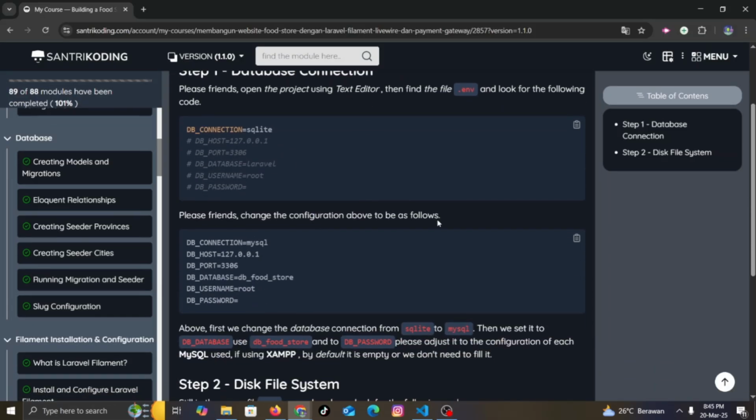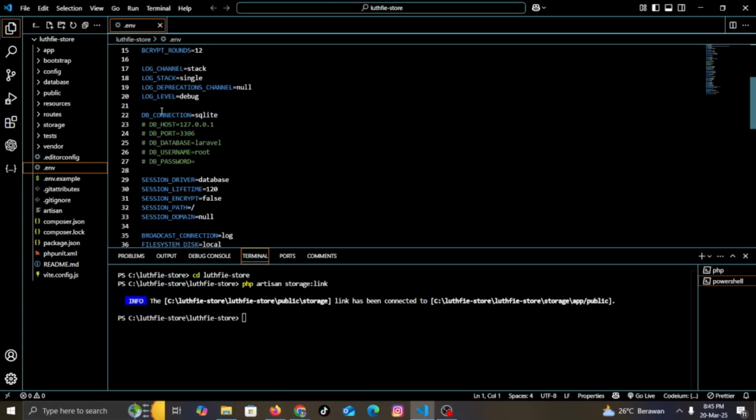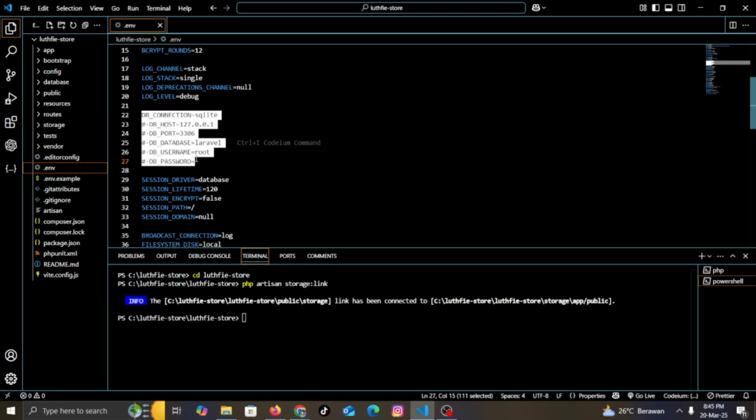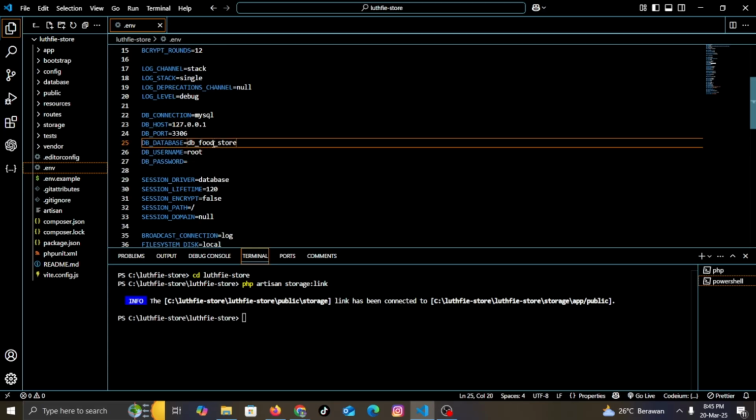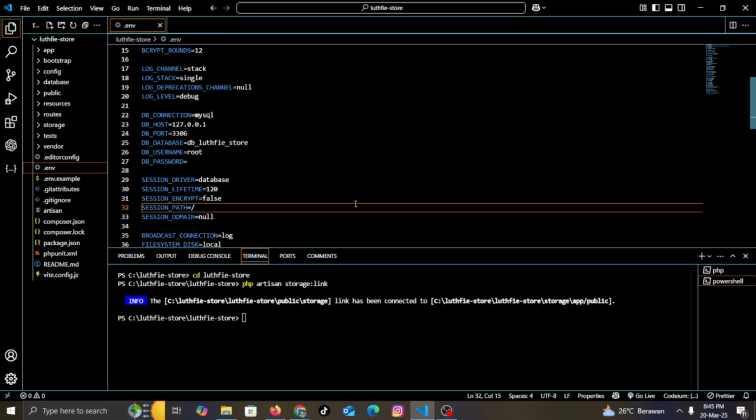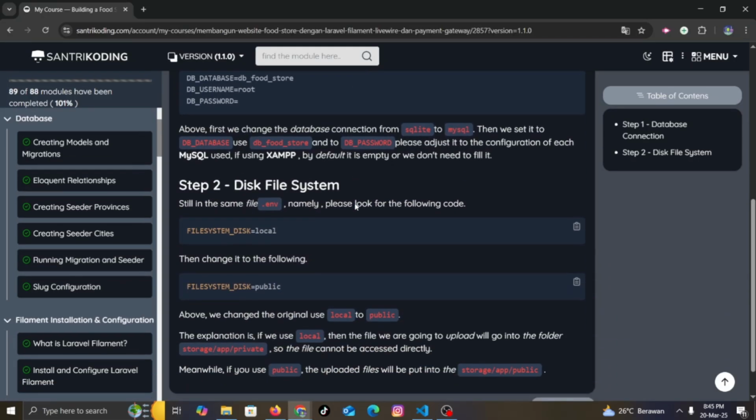Please change the configuration above to be as follows, with the database named Lutfi Store.